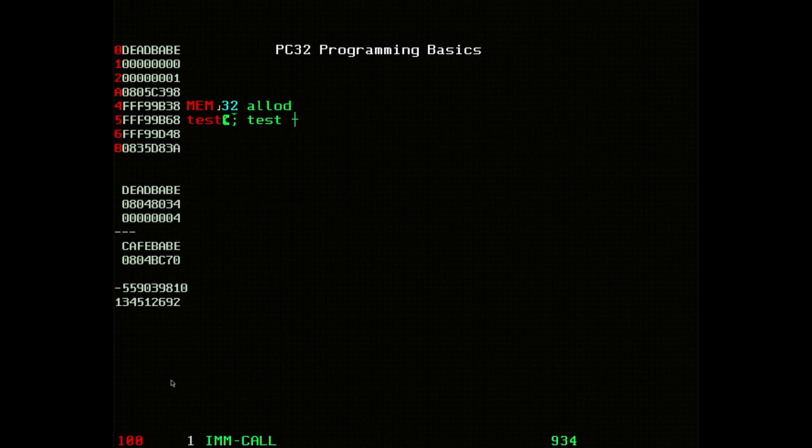Now let's talk about registers. In PC32 we have 2 registers, the A and the B register. The A is used for reading and the B is used for storing. In order to store into those registers, you type store A or store B,